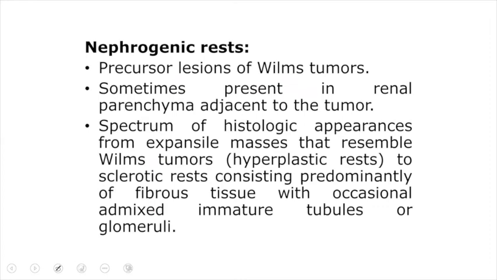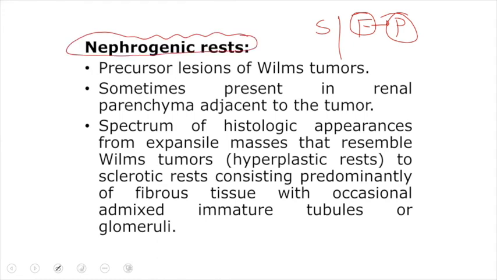As I've already said, it can be a sporadic variant, or it can be a familial variant. In familial variants, we can identify a pre-malignant or pre-cancerous condition, and the pre-cancerous condition of Wilms tumor is known as nephrogenic rest. If we see nephrogenic rest in the histology of a renal biopsy, then we must be assured that Wilms tumor can develop, either in the same kidney or in the contralateral kidney as well.